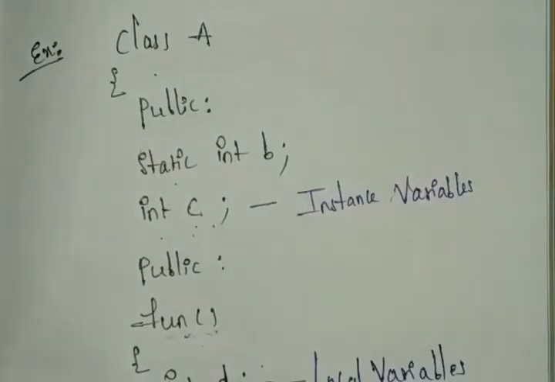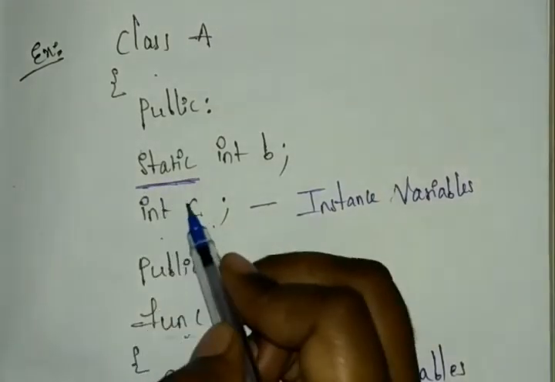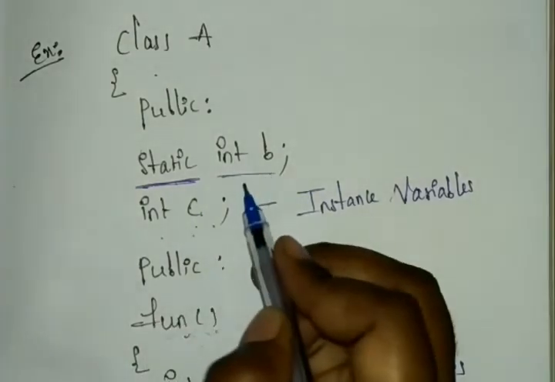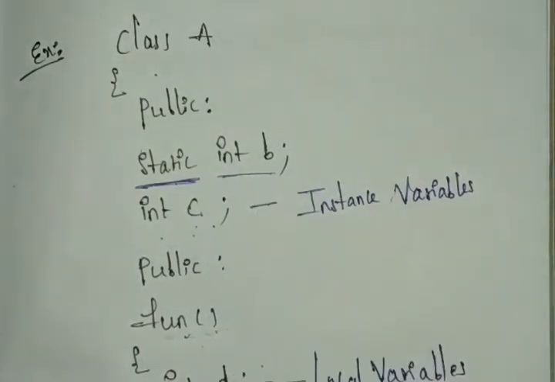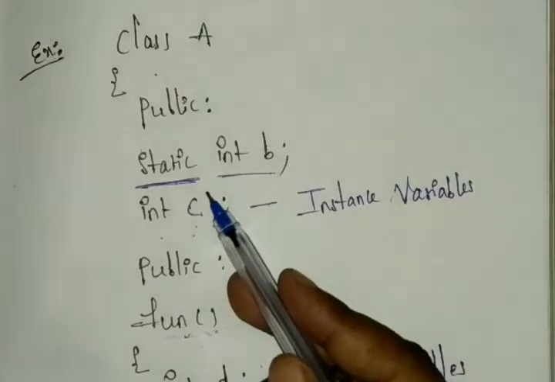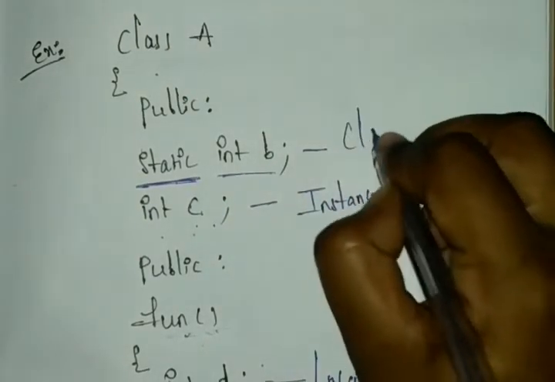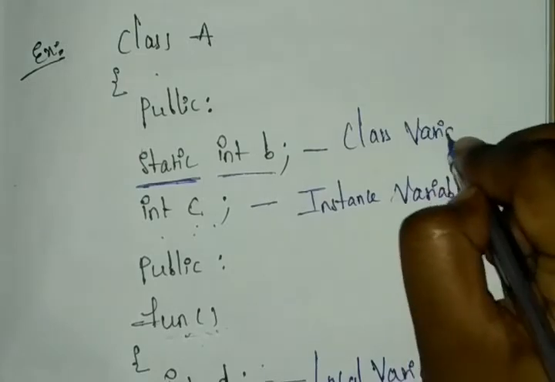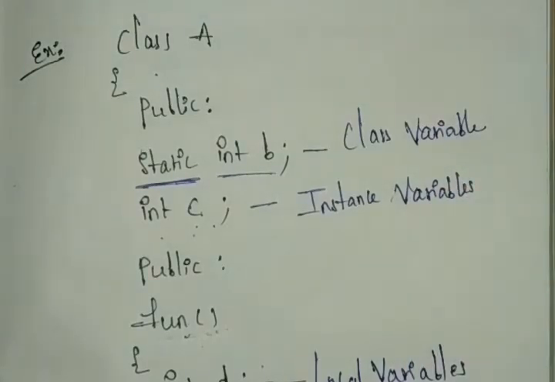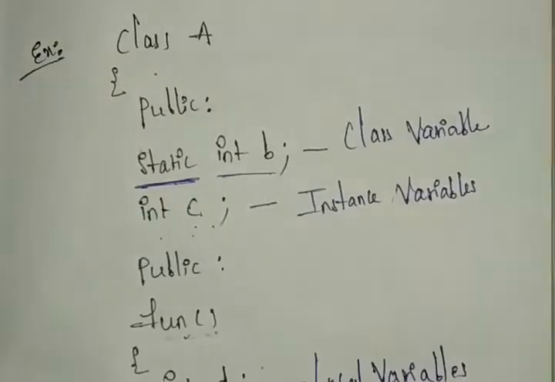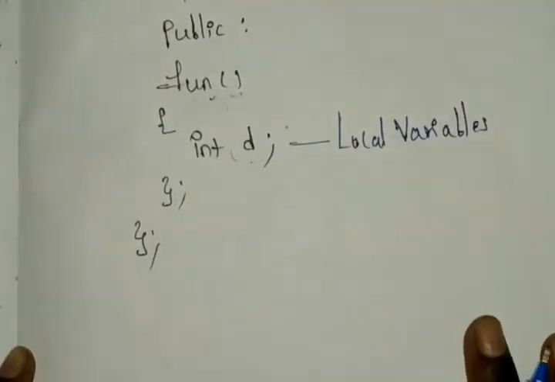And next we have the class variables. Those variables take the static modifier. You can see here this is the static modifier with the variable int b. And these are also outside of the method. You can see the function is here, but these are all before it. So this is our class variable, or else you can say this is the static variable. Like this we can declare the classes. And next we have the second one, that is objects.